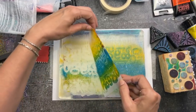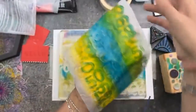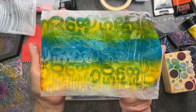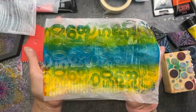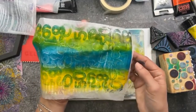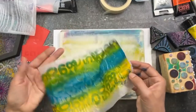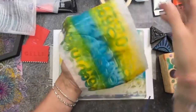And here we go. Isn't that nice? And if you sit down like an hour or something, you can create a whole bunch of this collage material, and then you can play in your art journal for hours, mixing and matching